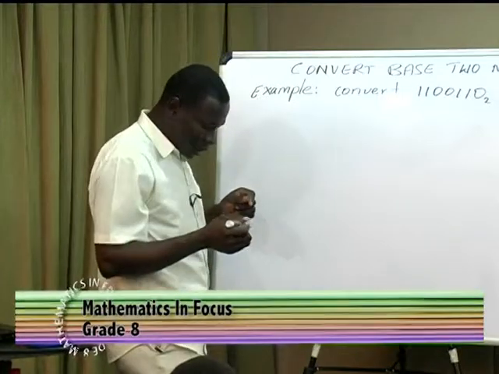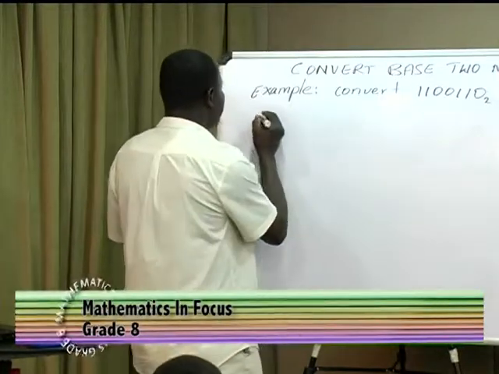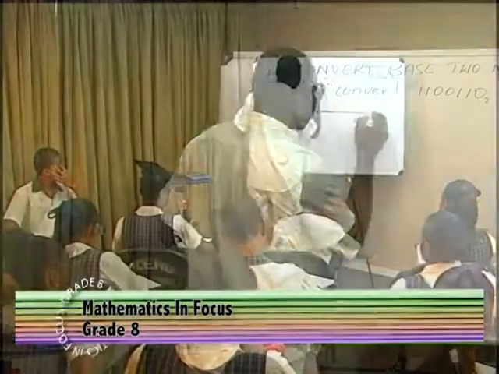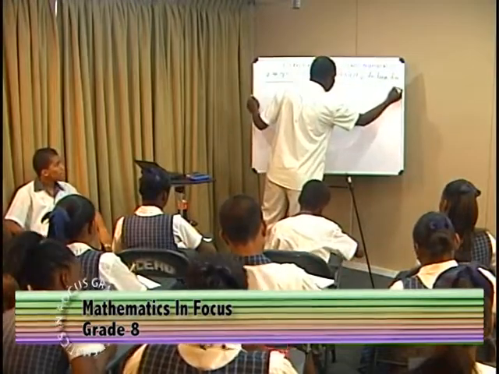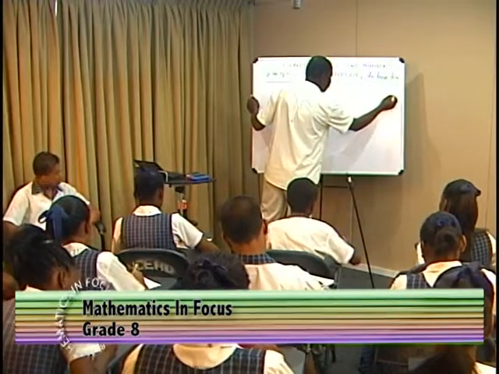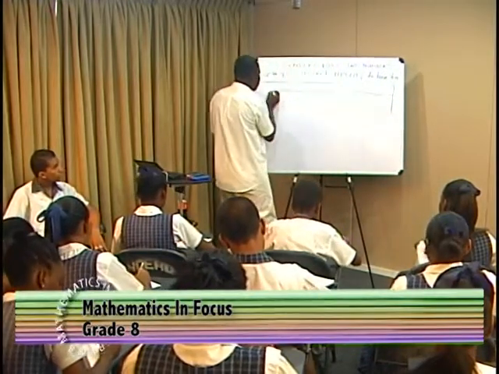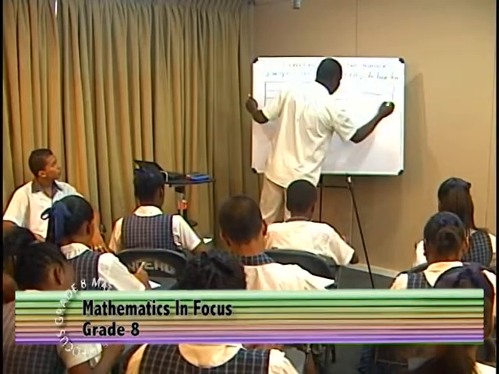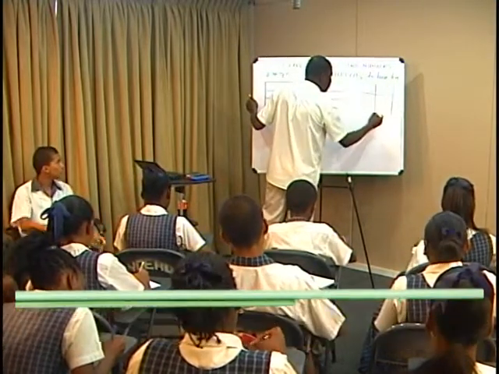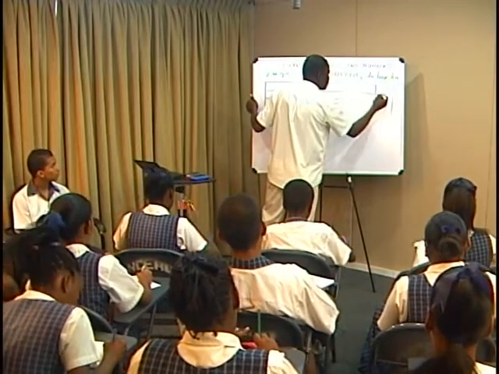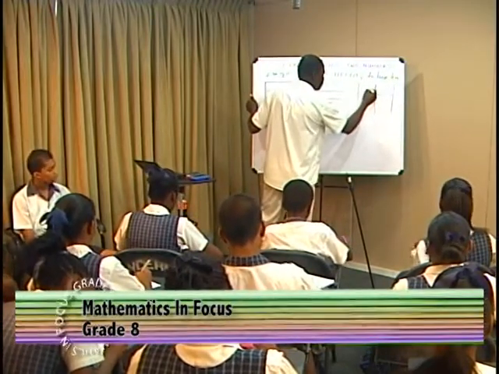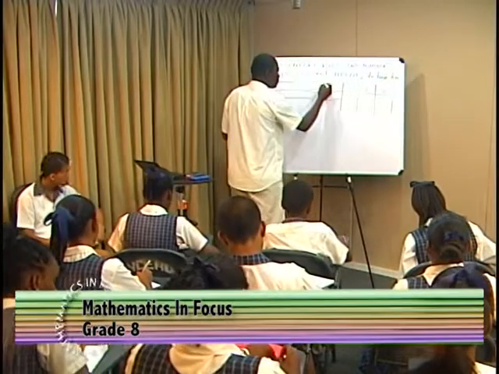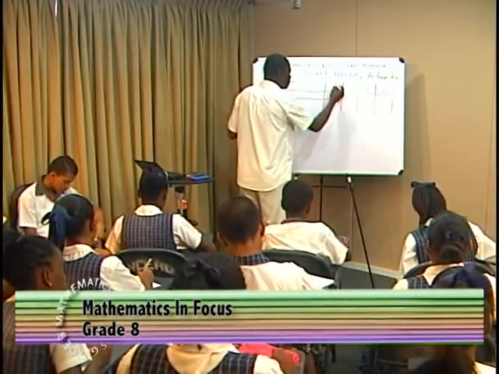So you will help me to construct the base 2 place value grid. So the first one is 2 to the 0. Then we have 2 to the first, 2 to the second, 2 to the third,